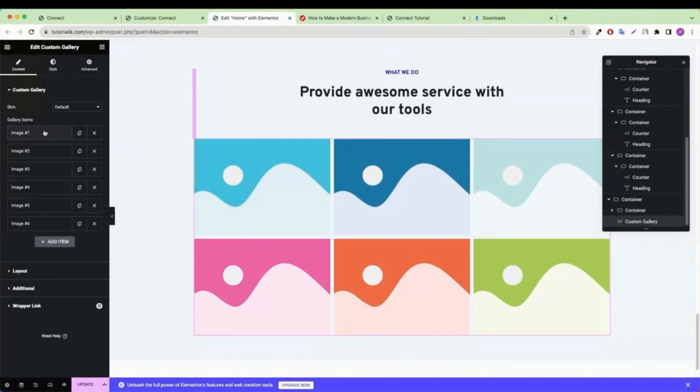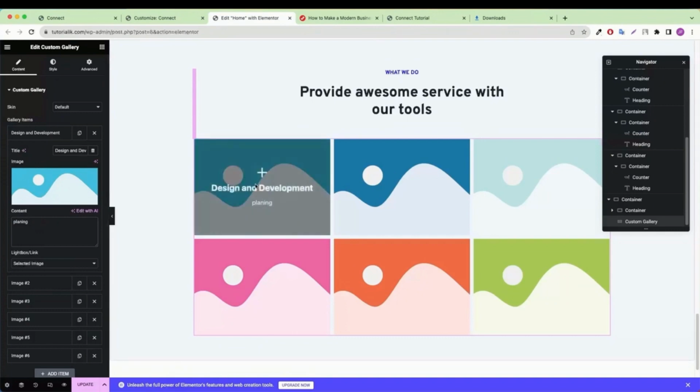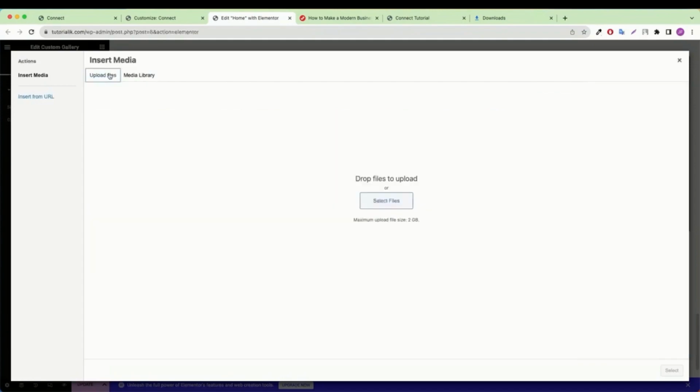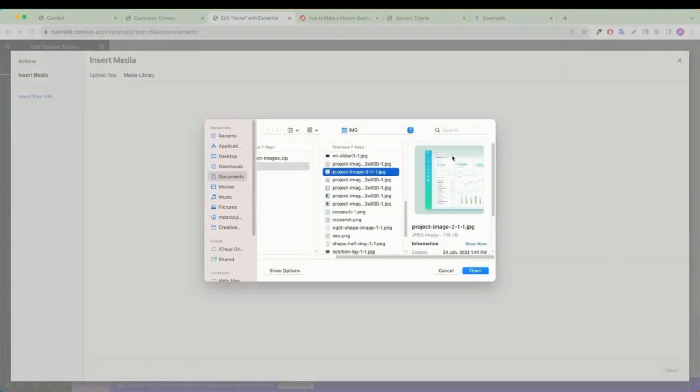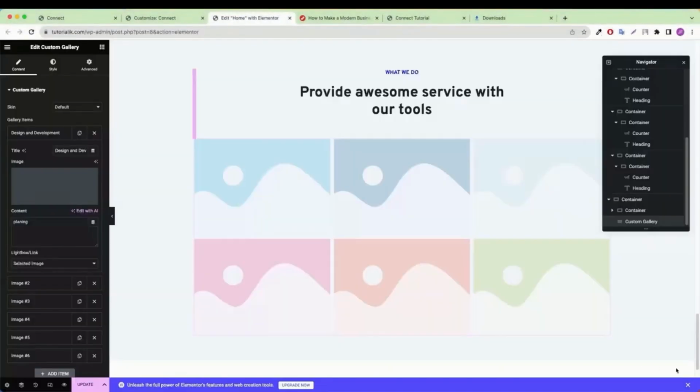So let me click on this image first, and from here we can type the name. So let's say I'd like to add here design and development. I'm typing here that the content is planning. As you can see, we get exactly the same. And for this image, let's click on choose image, upload image, select file, and from here you can just add the images. So let's say I'd like to add this one, so let's simply open it, and let's select this,